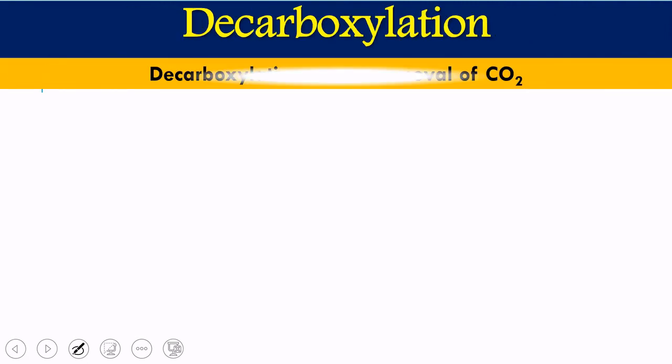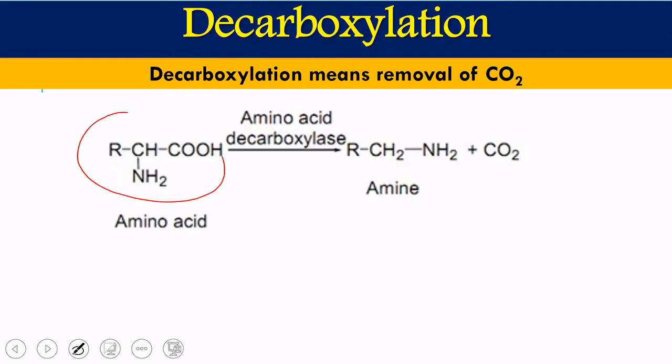Next is the decarboxylation reaction. Decarboxylation means the removal of carbon dioxide from the molecule. So in this amino acid, the CO2 exits in the form of carbon dioxide, and ultimately it will form the corresponding amine. For these reactions we require a specific amino acid decarboxylase. So for every amino acid we have a decarboxylase enzyme which converts the amino acid into